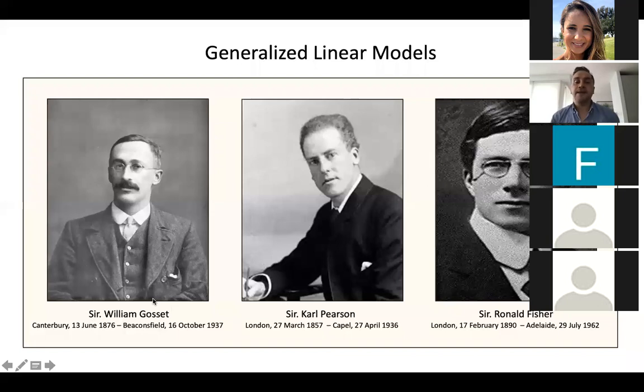Karl Pearson, you probably have heard about him because he described the chi-square. He was the first to describe the chi-square, and also the correlation that we will be talking about, I think this week or next week. The linear correlation was first described by Pearson, and then Ronald Fisher,